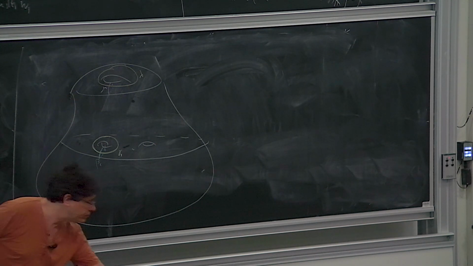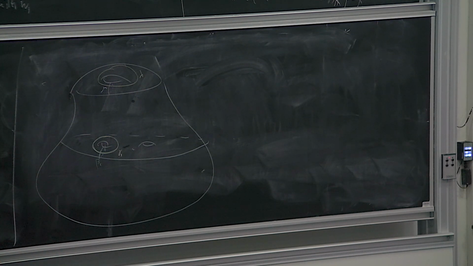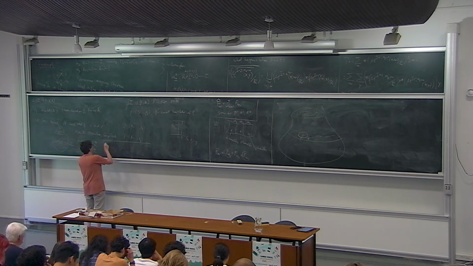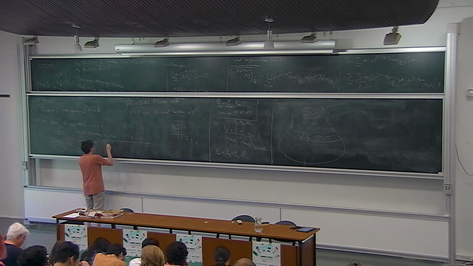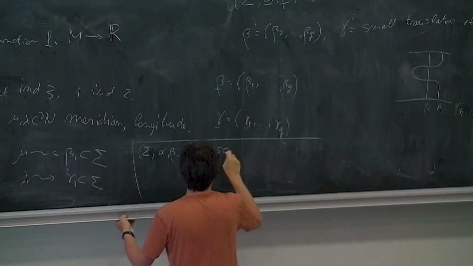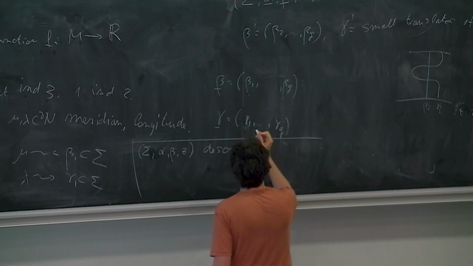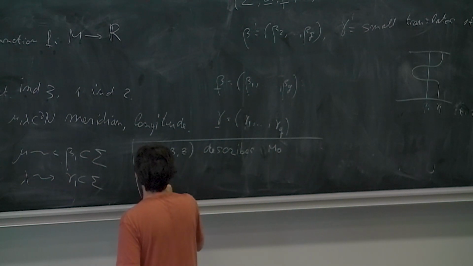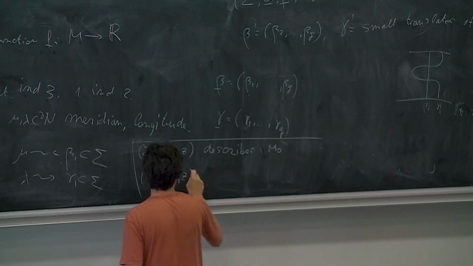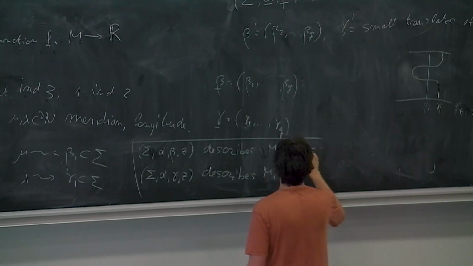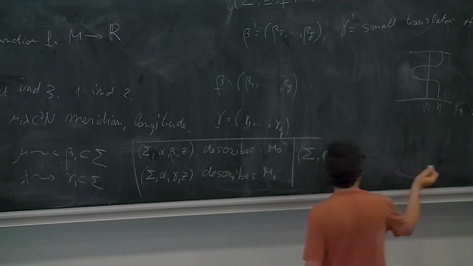And that is a triple Heegaard diagram associated to the cobordism, with the properties that sigma, alpha, beta, z describes M0, sigma, alpha, gamma, z describes M1. And the last possibility, sigma, beta, gamma, z describes a connected sum of g minus 1 copies